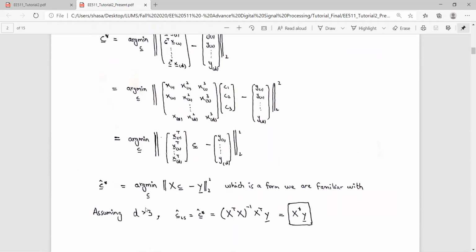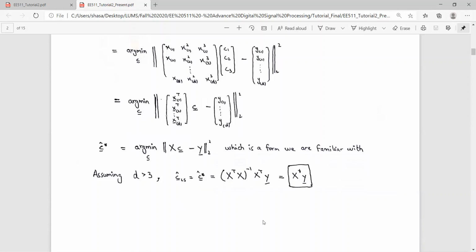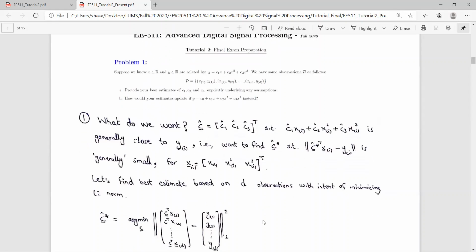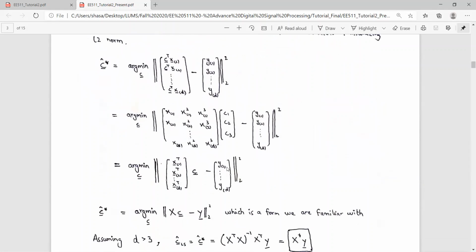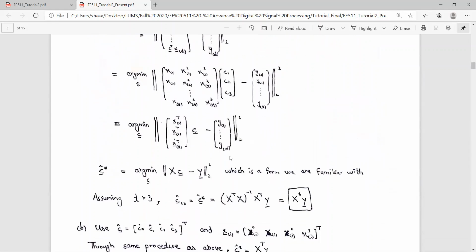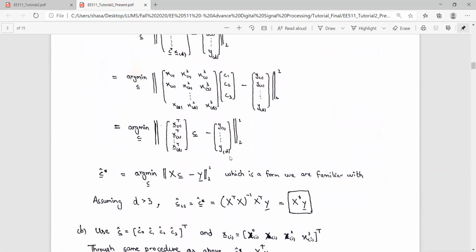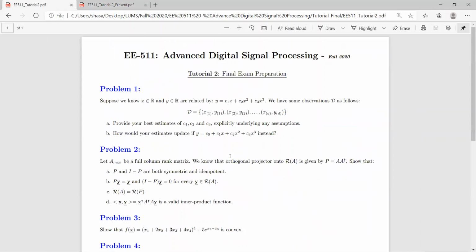So if x is tall, then we'll be getting the least square estimate, which is equivalent to this. Now what I want to stress is that this is something we have derived, we have seen the procedure. But first of all, I think we can go to the second part and then discuss what not to do. So the second part states: how would your estimate update if